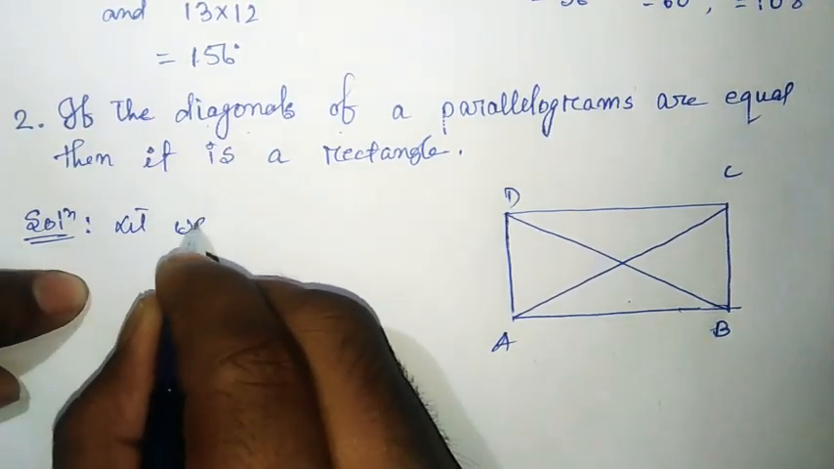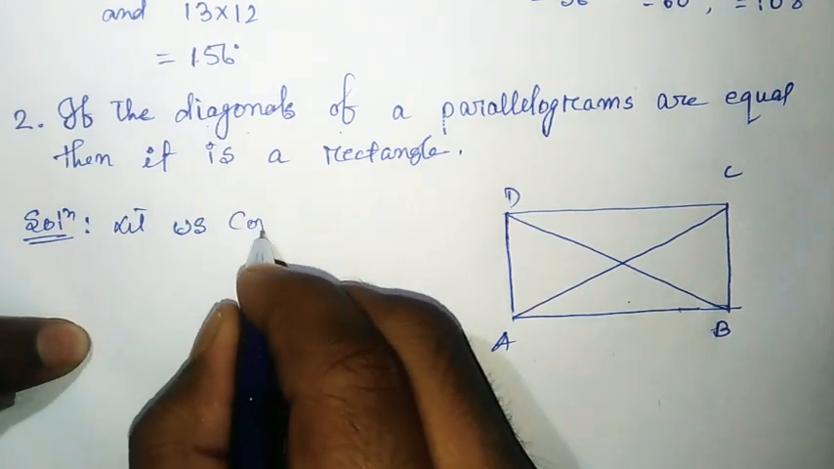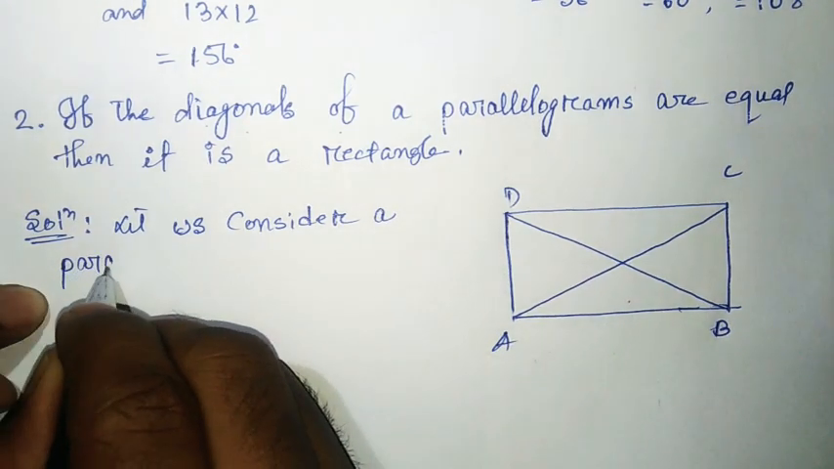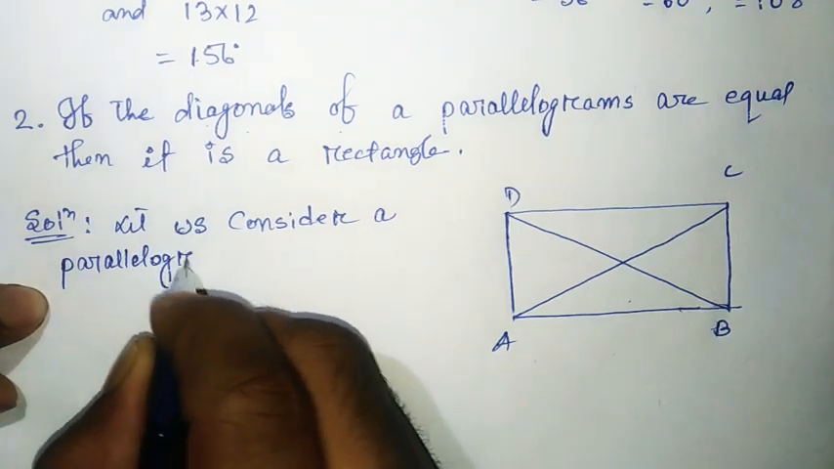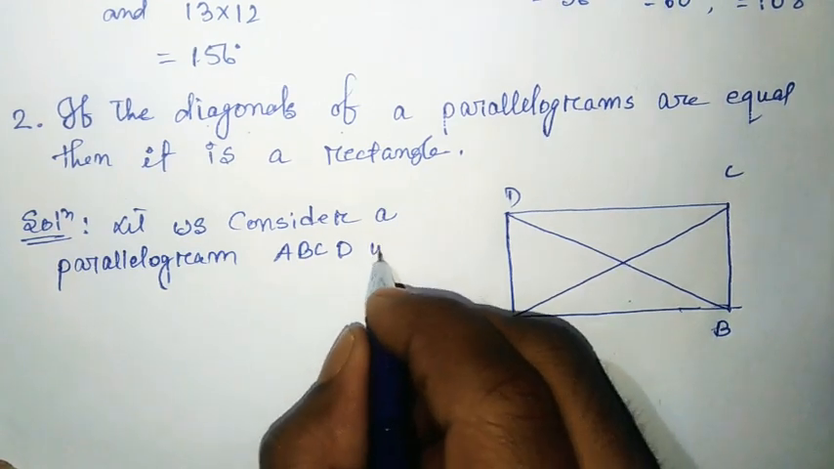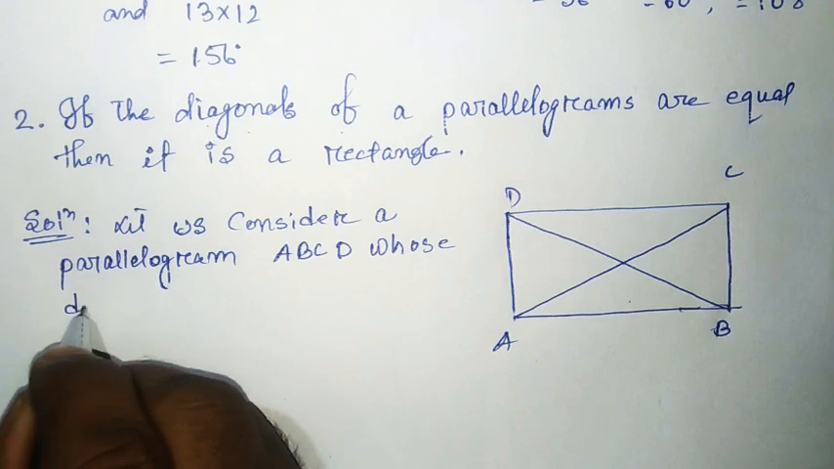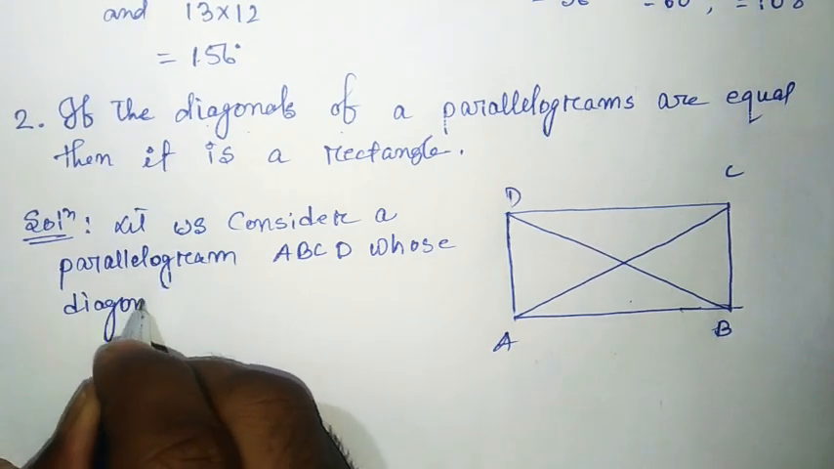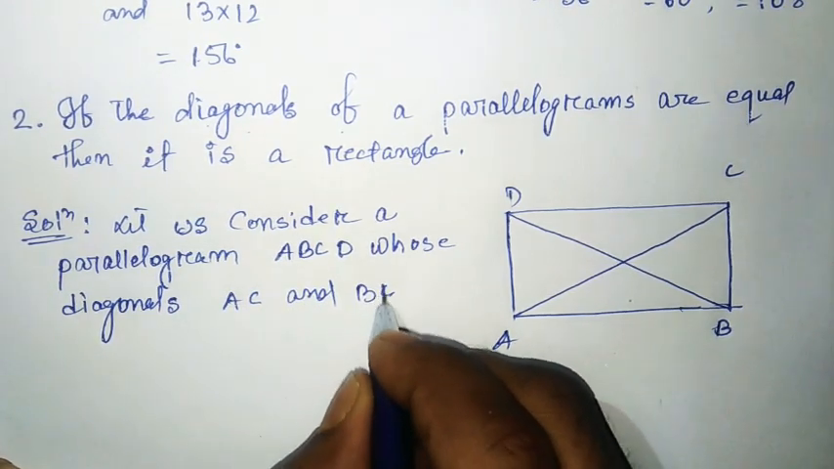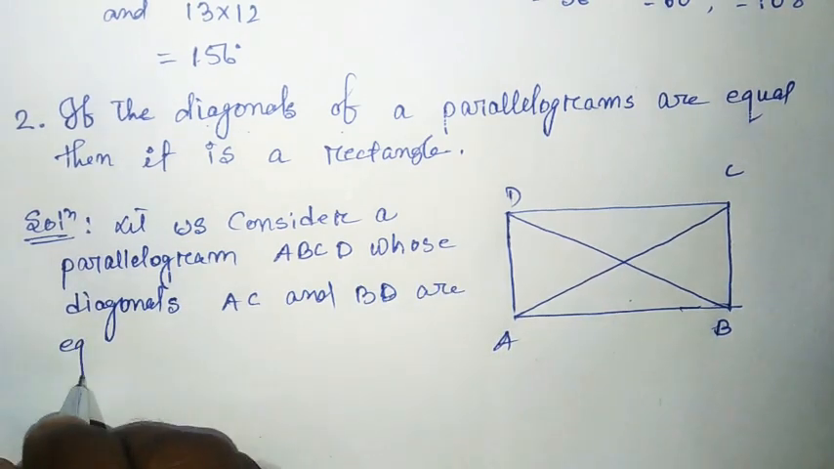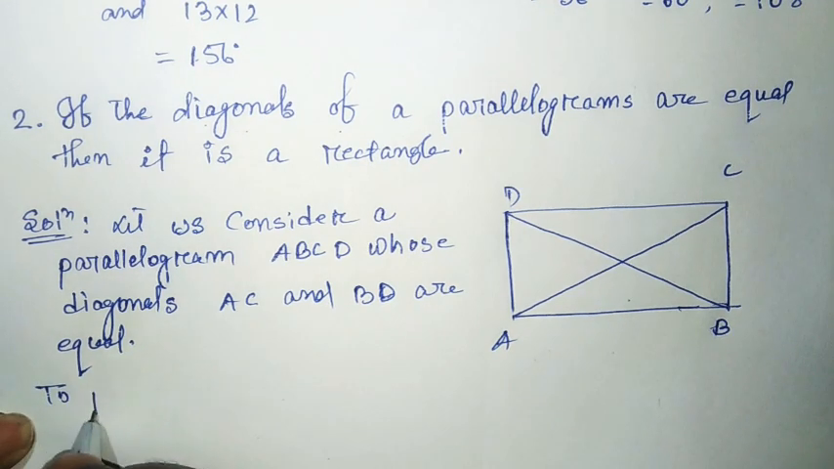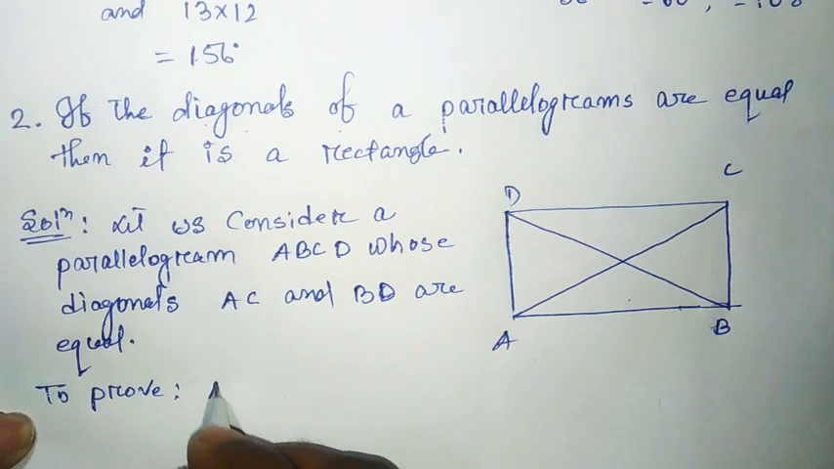Let us consider a parallelogram ABCD whose diagonals AC and BD are equal. It is given in the question. So now we have to prove ABCD